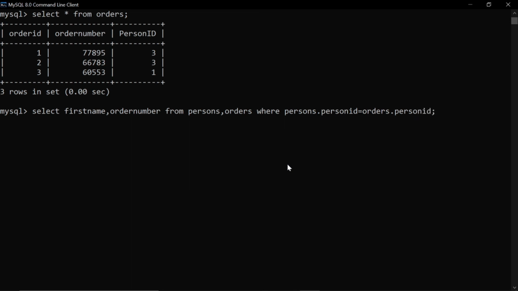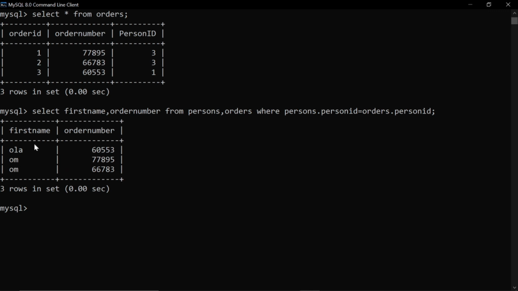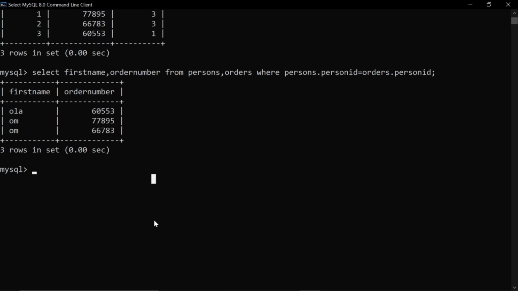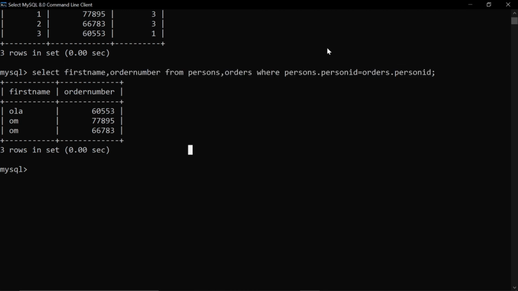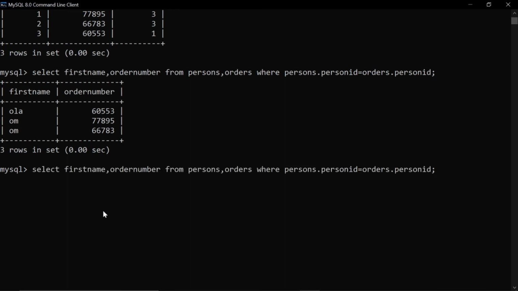Right? So here you can see that we are having the data that is Ola and its order number, and for Om its order number. So this is how you write the data with the help of the foreign key. Right? Now here suppose we are having this same column. For suppose the first name is also given in the another table. So here you can't write that first name comma first name. You have to specify that from which table you are taking that. So this query you can also write in a way that the column we are taking from which table. Here the columns are different, so there is no error which is coming.